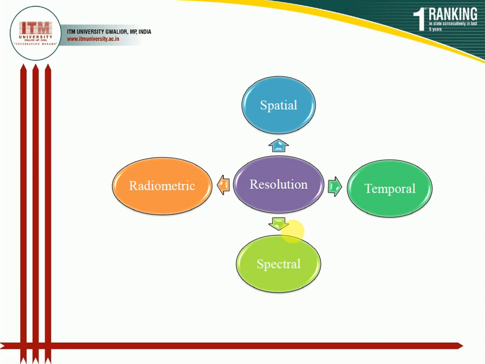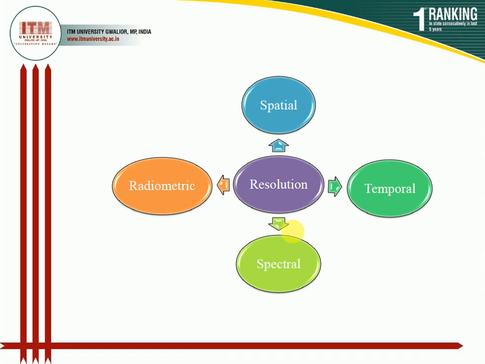There are different types of sensors which are used in spectral resolution, like panchromatic, multispectral, or hyperspectral imaging. The panchromatic imaging sensor basically has a broadband, giving an image of a particular object in a black and white pattern. The multispectral imaging gives the information of a particular object but not in detail, and the hyperspectral imaging gives the information in very much detail. The next one is the temporal resolution.